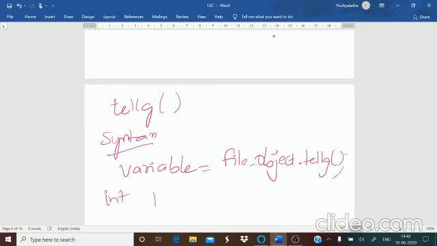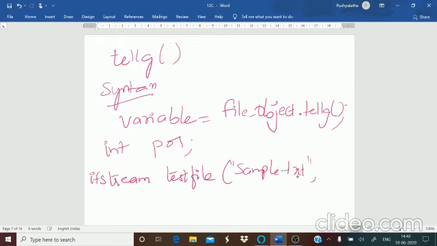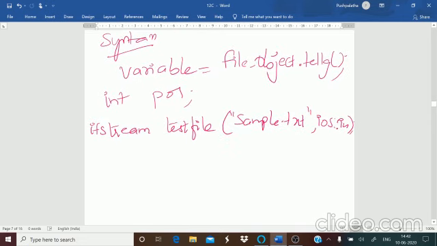Example: integer position; if stream test file sample.text ios in. This will give you the initial address of the text file.